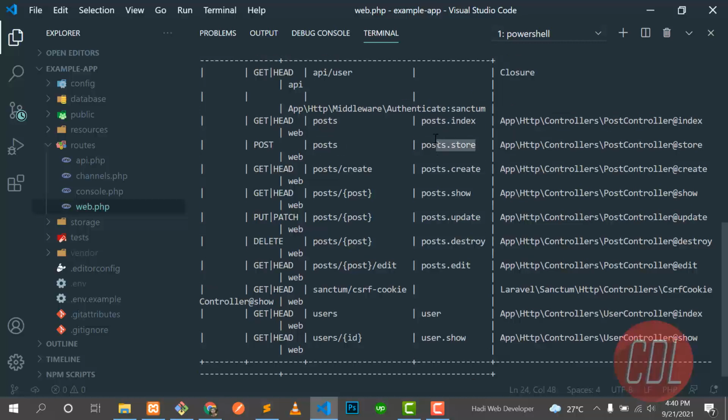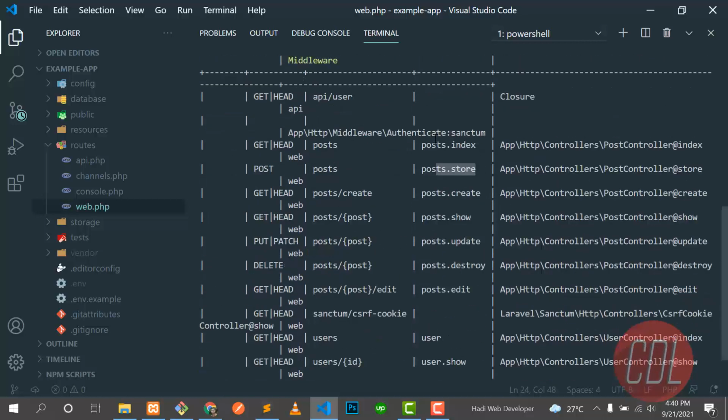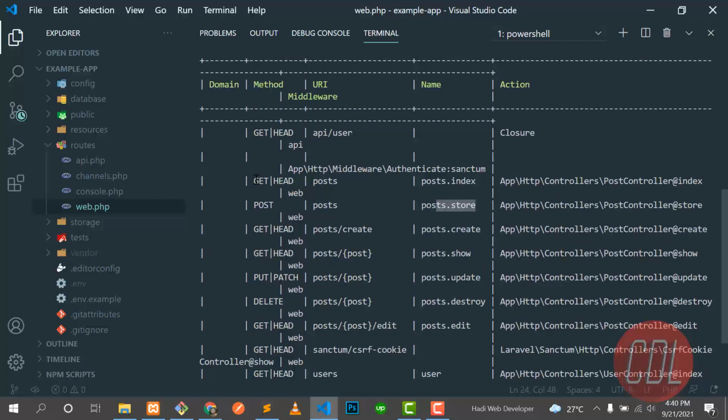The name is this; you can view it from the top. This is a get request, the URL is post/post, and the name is post.index. This is the name of the route, and it's hitting PostController at index. So this is store, this is create and show, and so on. Here you need to pass an id.